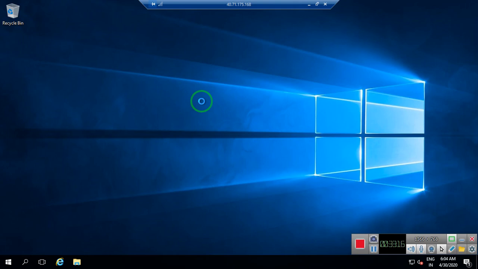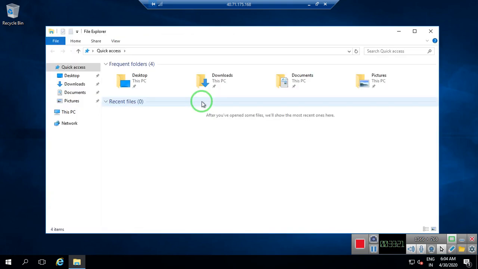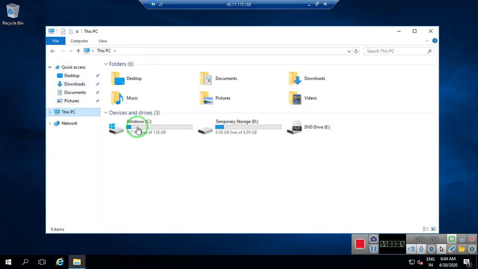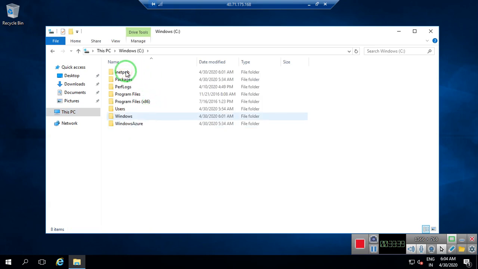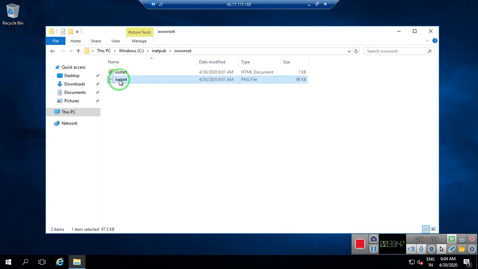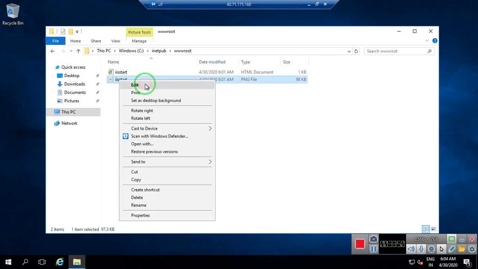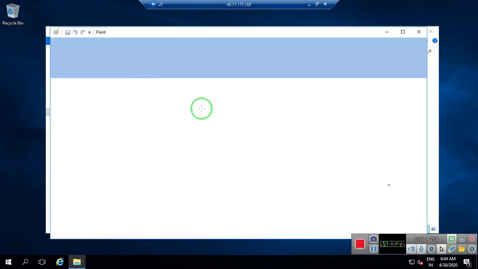Why I'm changing this: if the request goes to server 1, at least I know where the request goes. If I'm not changing the pages, by default the default page of IIS is the same on both the servers, so we're not able to recognize where the request goes. That's why I change the default web page. If you want, you can use your own page also. I'm just editing my default page only.